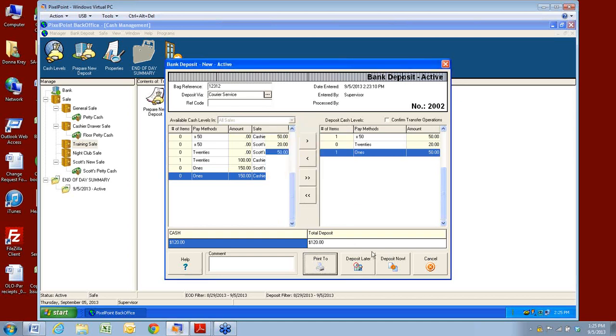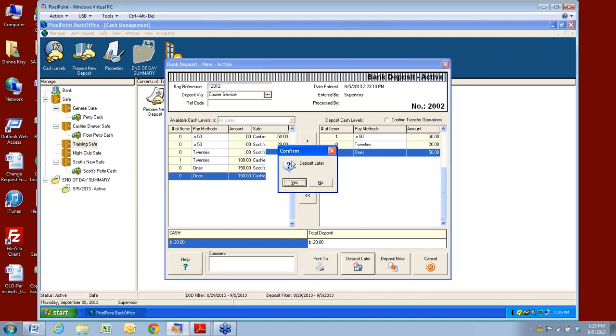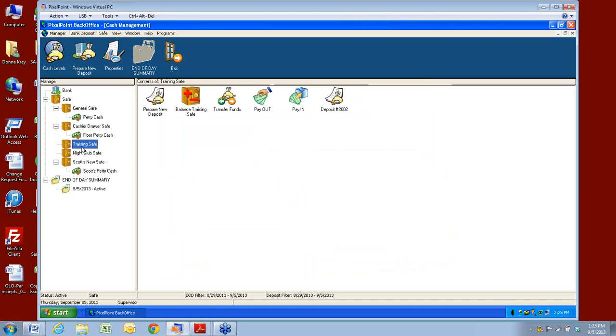I can choose to deposit it later, or I can say I'm going to deposit it now. So I'm going to say I'm going to deposit that later, because maybe I'm preparing it, but someone else is going to take it. The courier service hasn't picked it up yet, but I just prepared the deposit for them. So now that would have gone into the individual safes that I adjusted, because remember I picked who I was taking it from